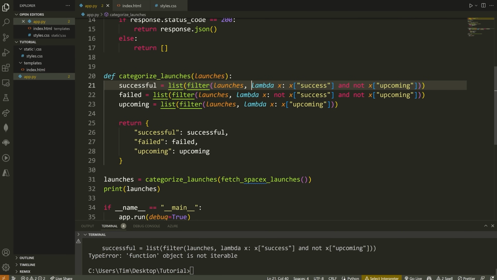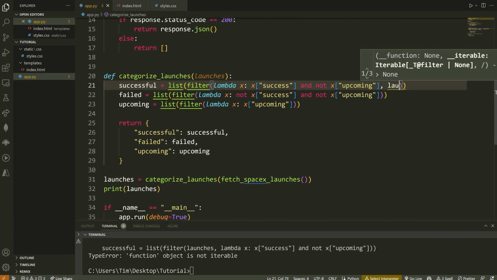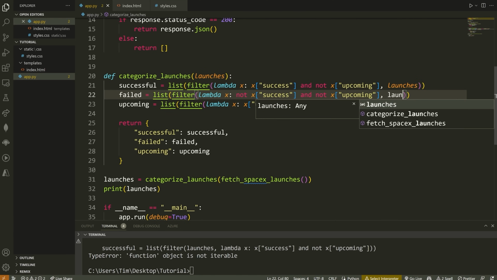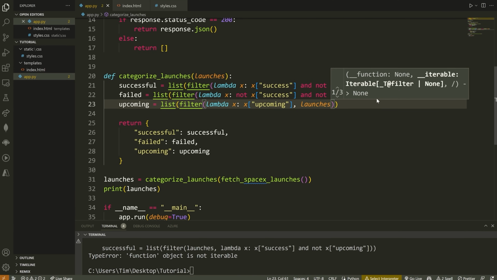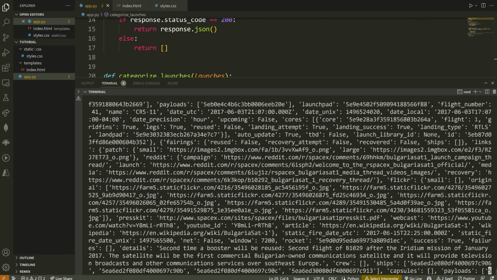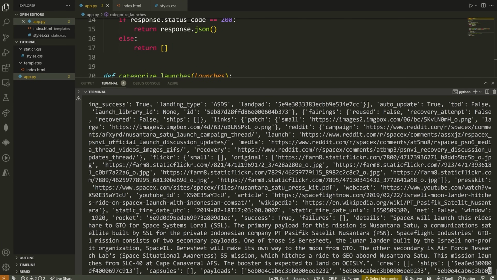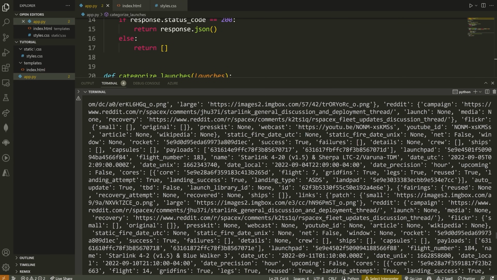Okay, so the reason for this is that we actually need to put the function first before we put the array or before we put the list. My apologies here, guys, but I'm just going to fix this up by putting launches at the end. So let's go launches, and is it here? Yes, launches like that. Okay, so I think that's going to fix that up for us. Let's run this now. And you can see that we get all of our data. I thought it was not going to print quite everything, but you can see that, yes, this is working.